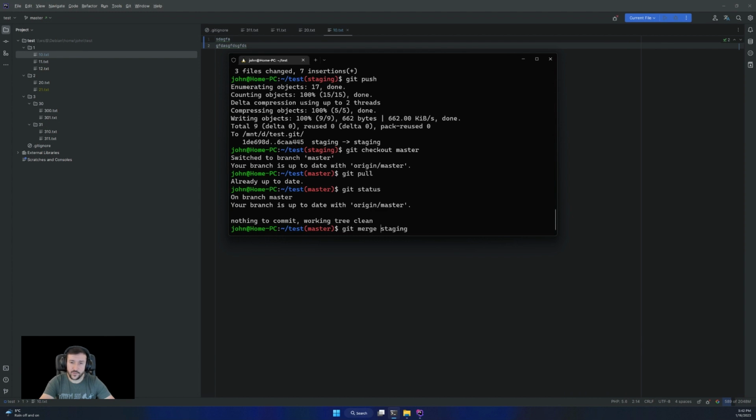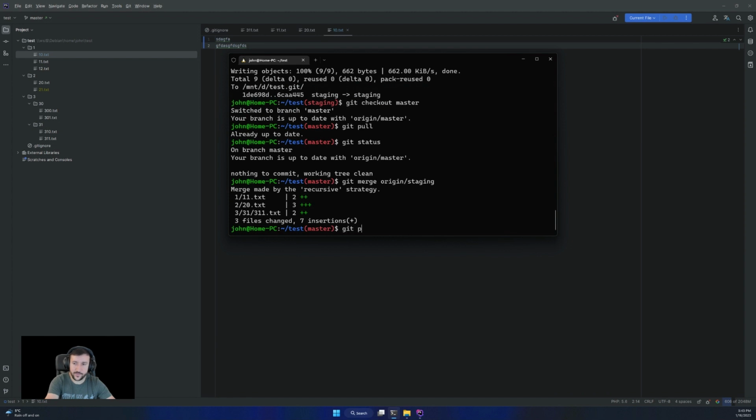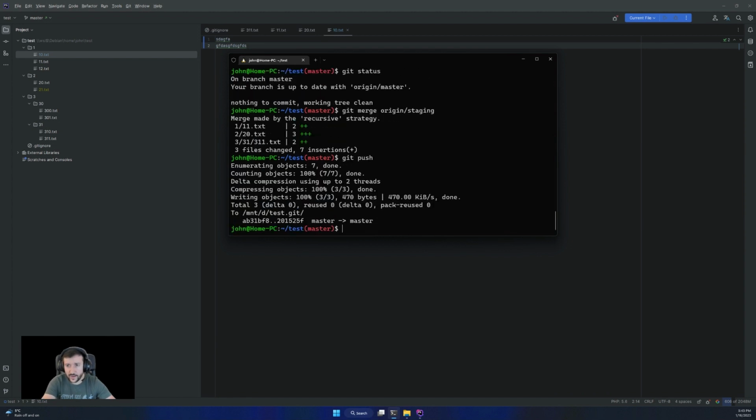I don't want that. Always, like I told you, if you don't want to connect to GitHub or any other Git services, just create a local repo and use it as origin so you have a backup, and always try to merge with the remote. So git merge, merge everything, git push. So we have everything up in there.